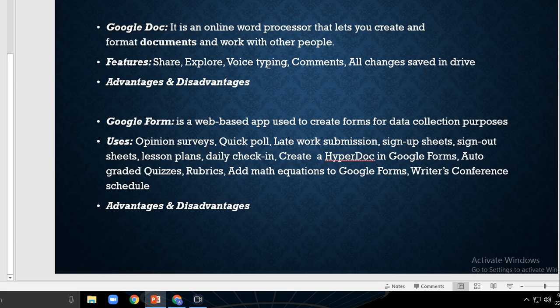After that, voice typing. Here typing may be a barrier for some of our students. Now students can speak straight into the Google document. If you don't want to do typing here, you can just record your speech and it will be written there. And students can choose tools, voice typing, and they can speak into their computer and it will transpose into written work. So this could be a great tool to get students to get their thoughts down.